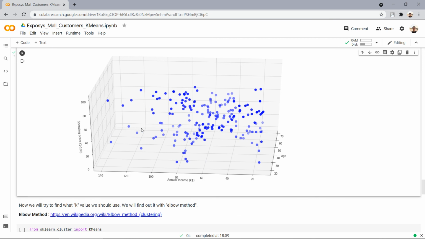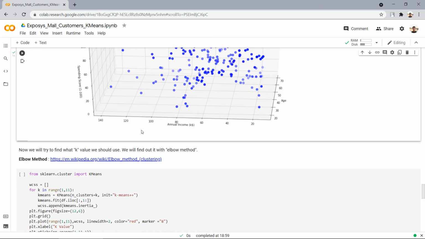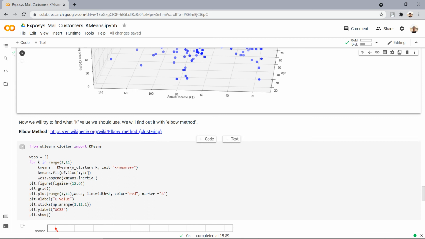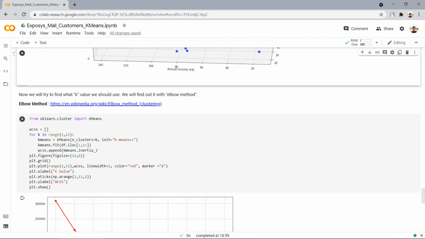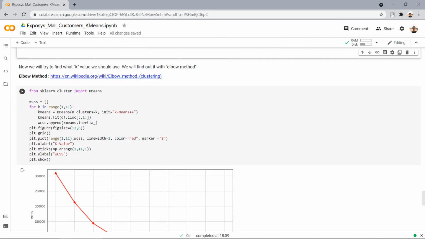Before visualizing the cluster plot, we have to determine the number of clusters, that is the k value. For that, we are using the elbow method. So here we are importing k-means and WCSS to figure out the optimal number of clusters. We have a for loop ranging from 1 to 11. Inside that, we are using WCSS.append.